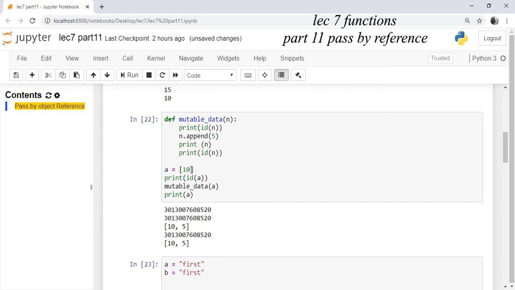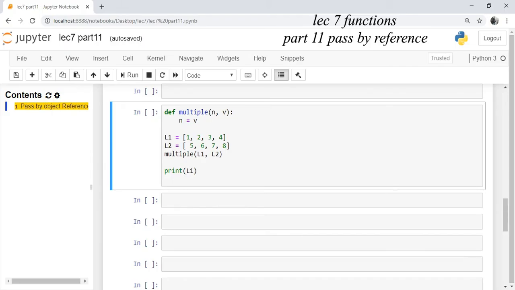As it was a mutable object, if you append or change the value of n, it can be changed, and the processing was done on the same memory location. We appended 10.5, the object is updated as 10.5. We printed the value, thus 10.5. Then we printed the id after modification. The id is the same, it is working on the same memory location, therefore pass by object reference, also called pass by alias. As n was updated, a was also updated. You print the value of a, you get the output as 10.5.